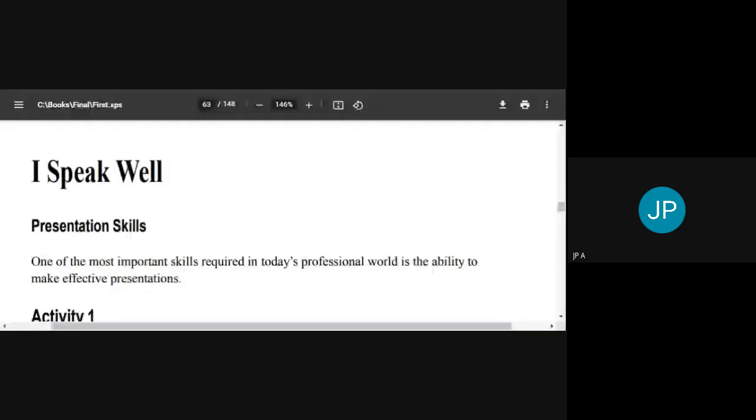Today we take up a next major skill in language learning, which is listening. This is the first actually of the four major skills of LSRW. So L stands for listening, and S stands for speaking. So the second skill actually is speaking skills. So when we speak, the way we speak, the way we use the visual aids for presentation, that is what we are going to learn in this section